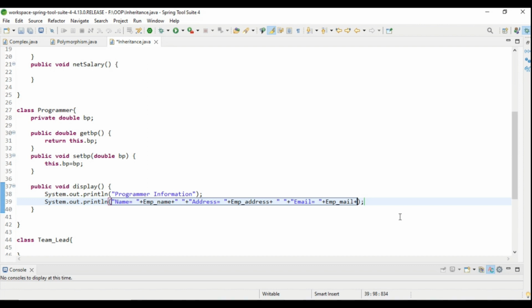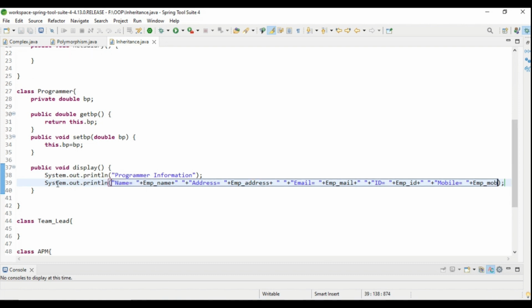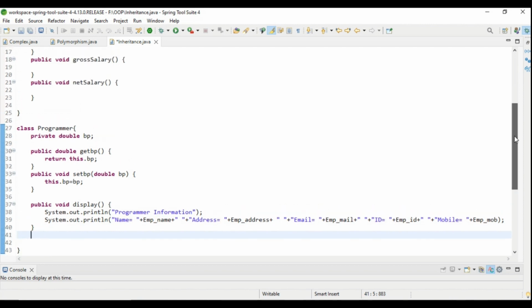Completed. Now add the space. After that, employee id or simply id equal to space plus emp_id plus add a space. After that, last is employee mobile number or simply mobile equal to space plus emp_mobile. That's all. This whole information we required. This is for display. Next function after display we required is gross salary,